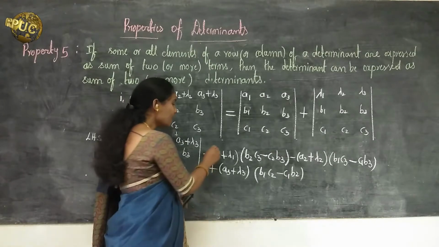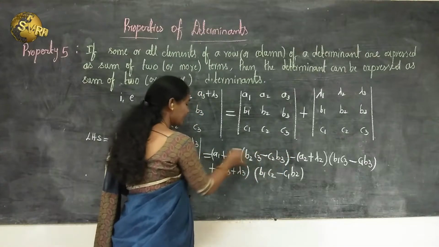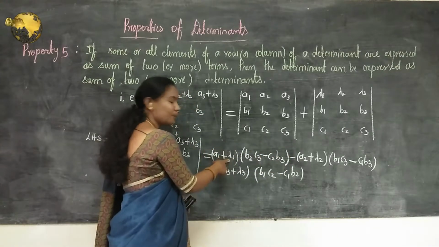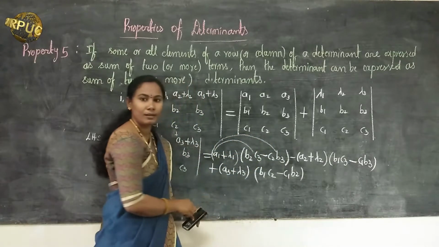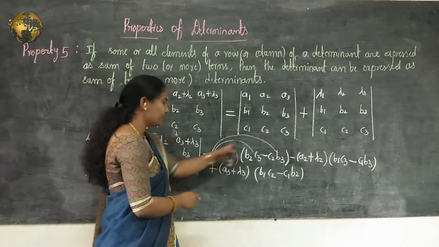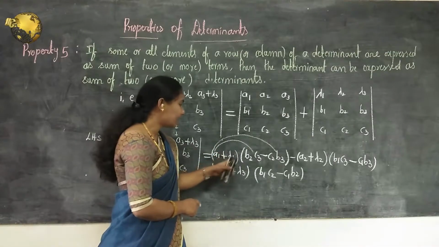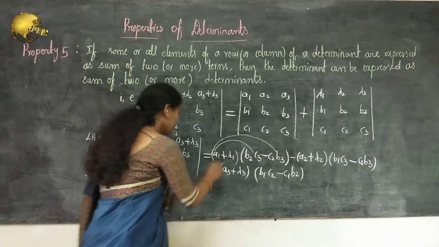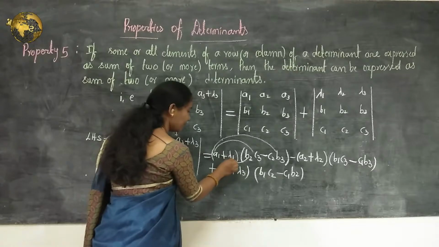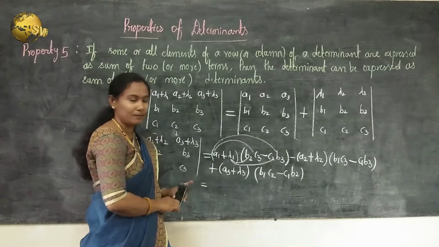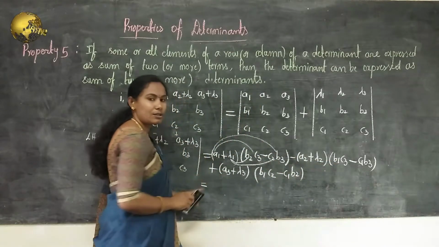So what we have to do? First we have to separate these elements and multiply each of these elements by first A1, afterwards by lambda 1. That means first into first, first into second. Later I do the second element with the first element, second element with the second element. We have to multiply the second one and third one also like that only.